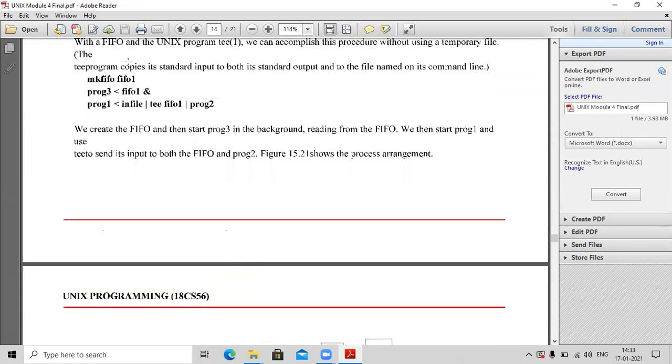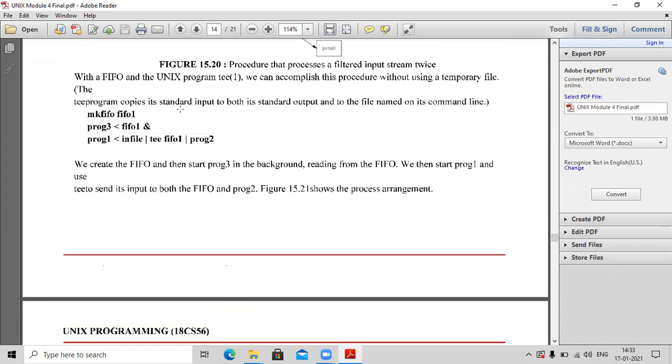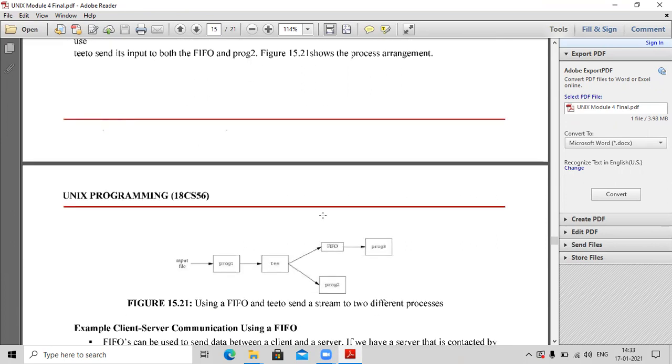First, the tee program copies its standard input to both its standard output and to the file named on its command line. First, this FIFO file has access to program 3. The data from the input file is read by program 1, so program 1 is executed by reading input from this file.